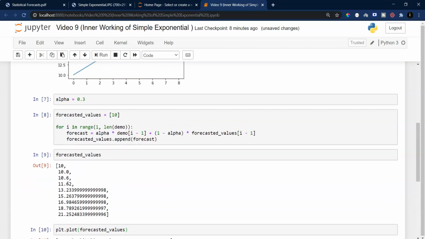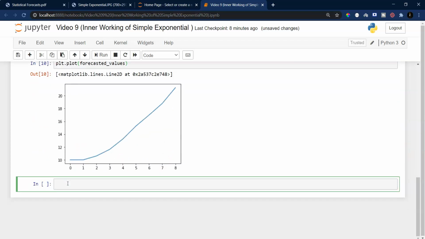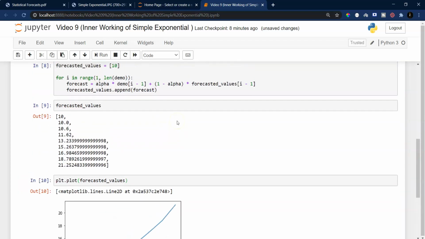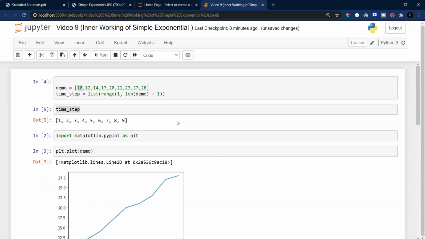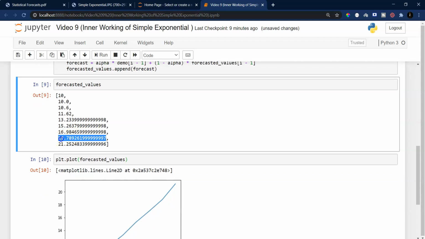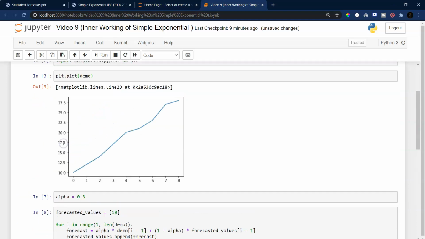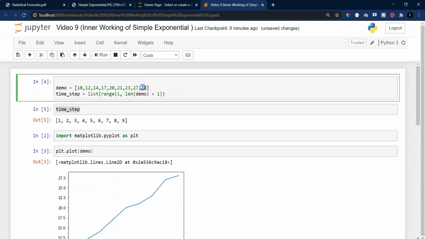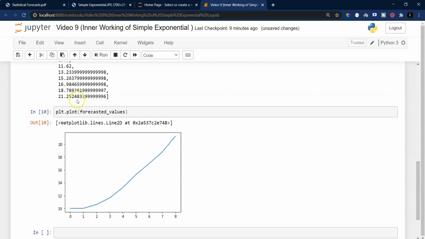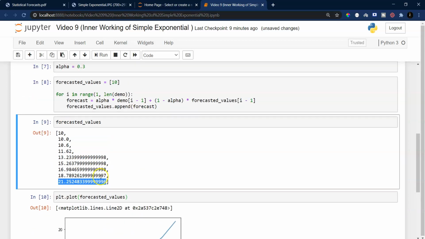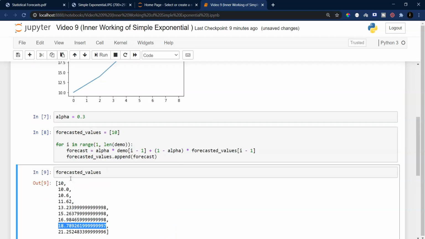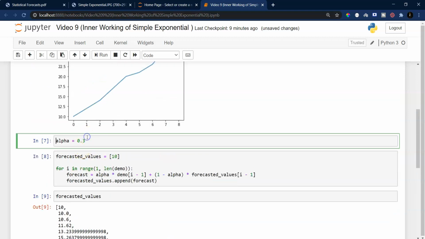You can clearly see this is able to capture the trend, and I think you would have been able to get what exactly I'm trying to do. But from the predicted value itself, the last actual value is 28, but our simple exponential smoothing method is predicting 21.5. So probably we need to change the value of alpha.